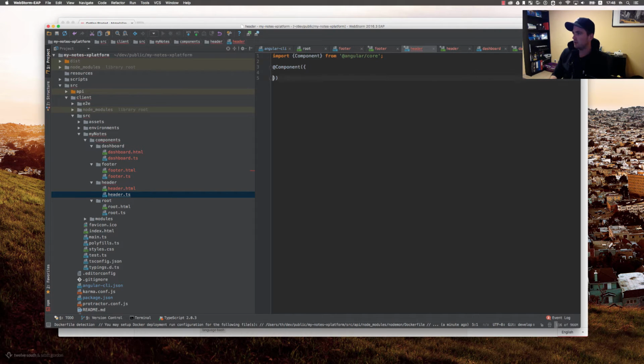Okay, so our header component is made of course of a selector, which may be MyNodes, or let's call it header, MyNodes header, and a template URL which is header.html, export class header component,